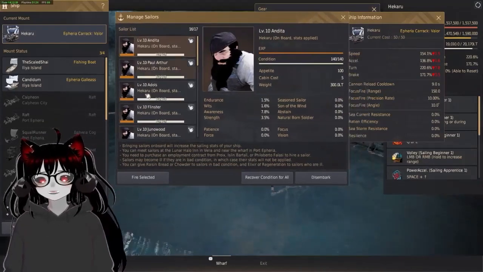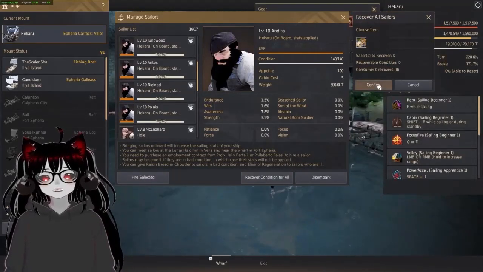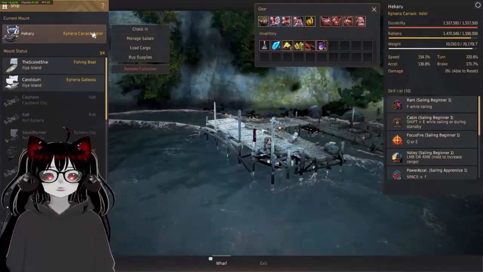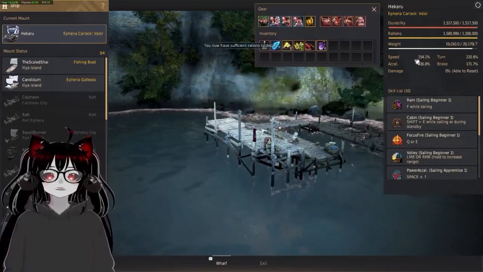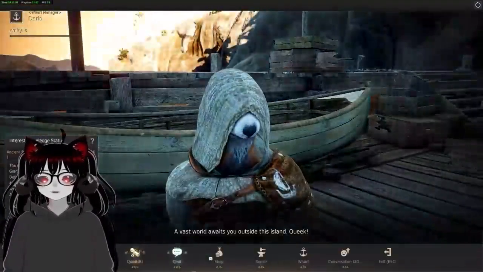for this route. But I want to make sure that I have all of my sailors on board and that they are all fed and ready to go. So we're going to go ahead and click that, make sure that none of them need to be fed, just like workers, and we are then going to check our ship. We're going to buy some supplies to make sure we have full rations on our ship, and we are now ready to barter. We're going to go back to the Wharf Manager here,